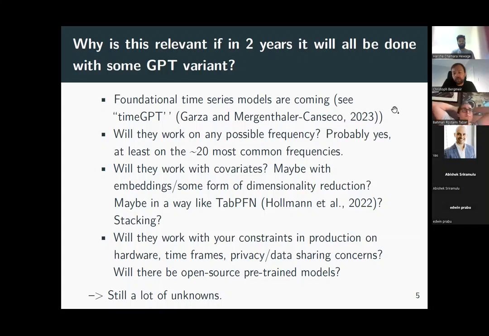And then, one thing would be obviously, will there be open source pre-trained models out there at some point to get around some of these things? So right now, we still don't know, and I'm sure there will be very interesting things happening in the years to come. But right now we have solutions that work with machine learning. So I will just talk about where we're at right now, and many of these things I'm sure can also be useful to what's to come.